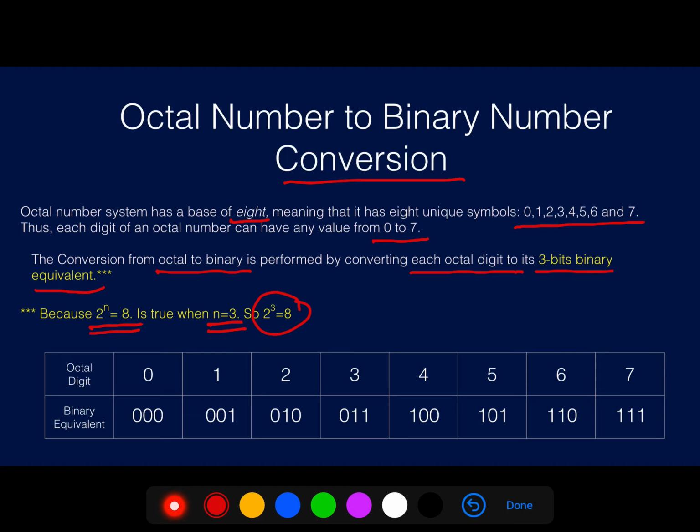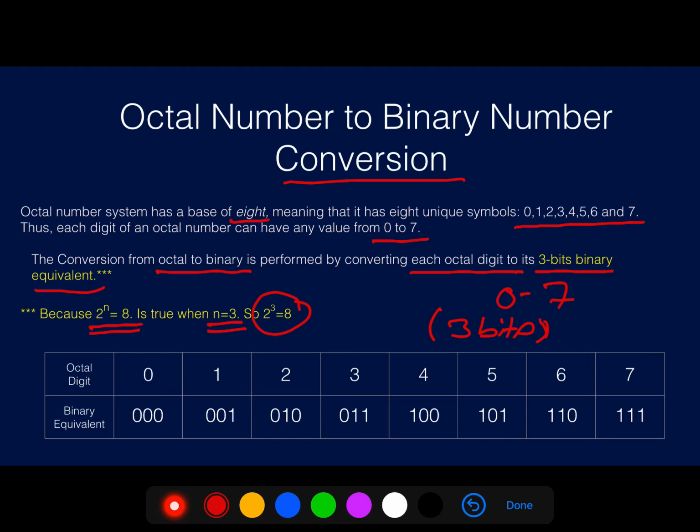That means for an octal number we will have a binary pattern of 3 bits, that is, 3-bit binary. So with this formula we have come to know that we can represent any octal digit 0 to 7 with a group of 3 bits. It will be a 3-bit combination.